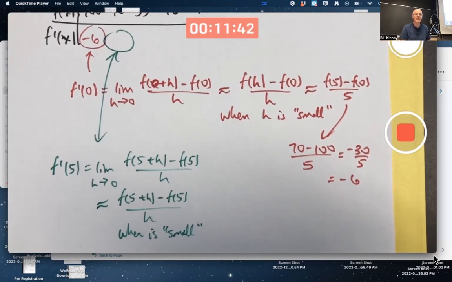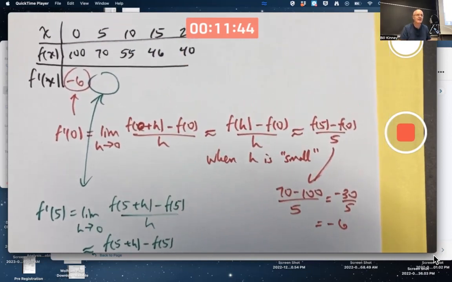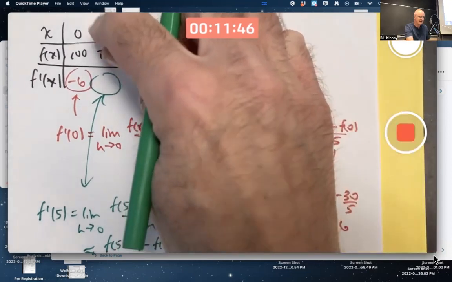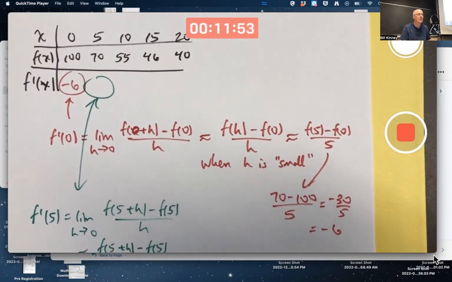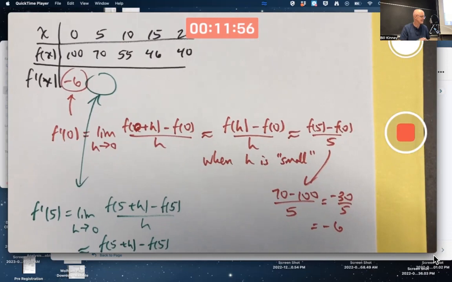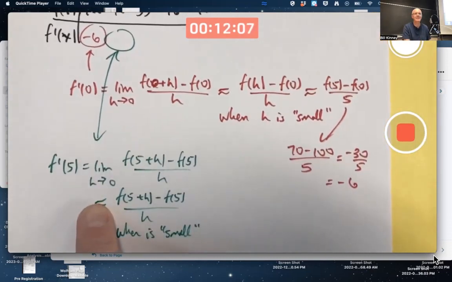But once again, we have very limited information. We know the values of x every 5 units. Seems like we'd have to take h equal to 5 again, right? Or is that the only choice? We sort of implicitly imagine h to be positive. That's the way I've drawn it when we've drawn slopes of secant lines. But h could be negative. We could use h equal to -5 as well. Seems a little weird. Maybe we should try it both ways and see if we get the same answer or